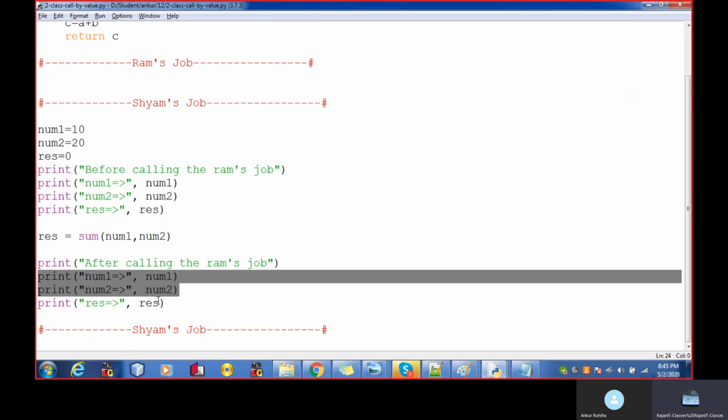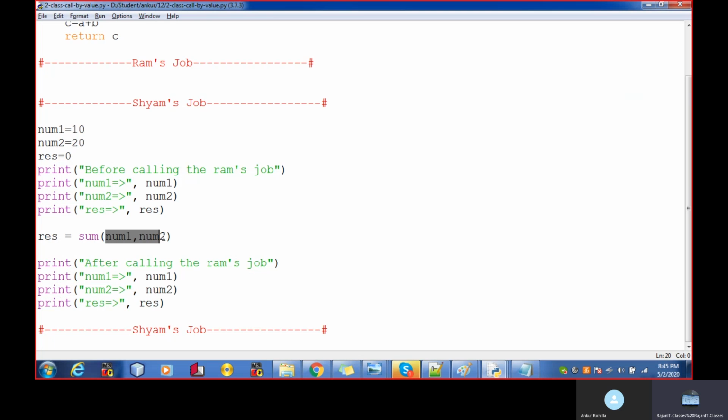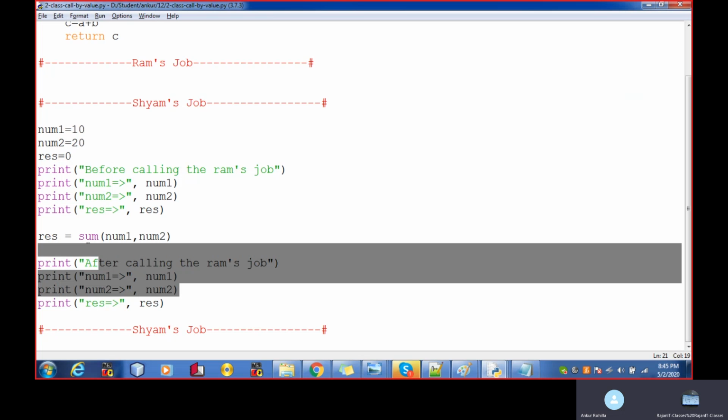But we won't be able to know how 300 is made. That is the problem of this. But if you deeply look into this program, whatever you passed is not changed after calling the function.